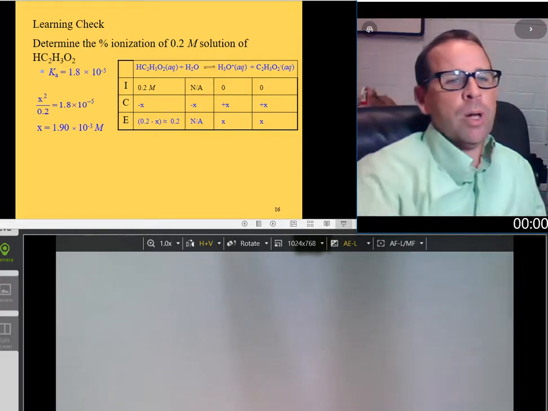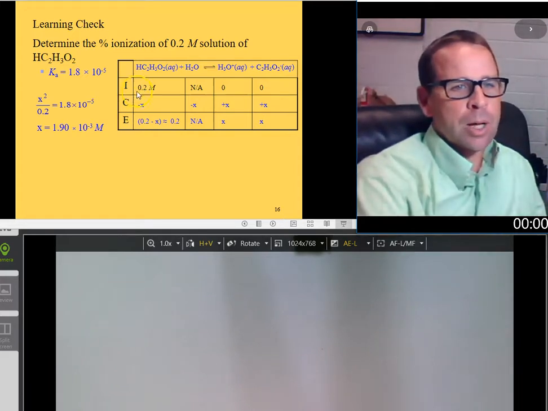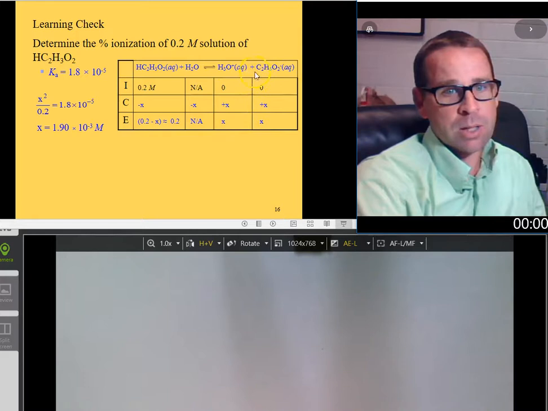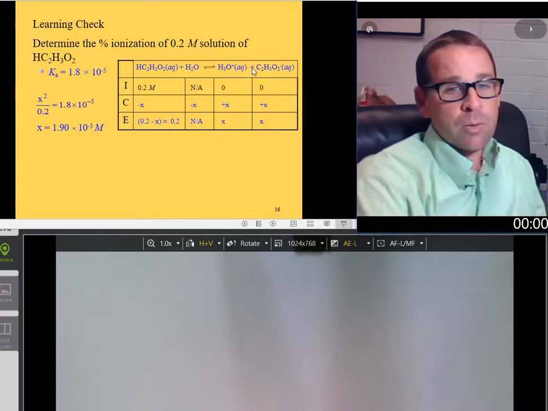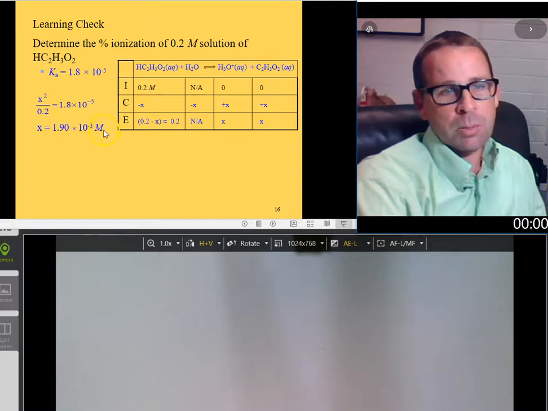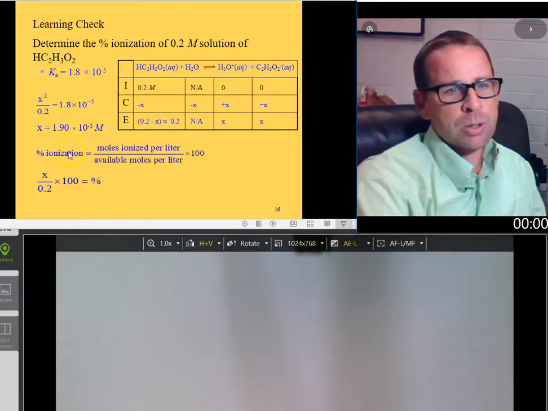All right, well, I know I started with 0.2 molar of the stuff, and now this is how much of this there is, or it's also how much of this there is, which is the same value, X. Therefore, I can figure out how much has actually ionized by saying 0.2 was how much could have ionized if it were to go 100%, but this is how much it actually ionized. So if I just put 0.19